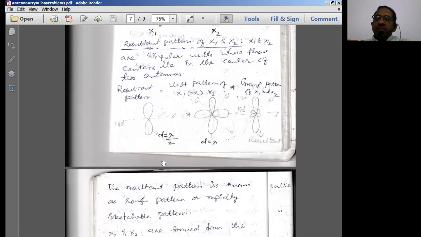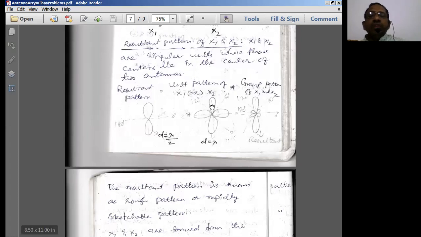If it is a 3 marks question, you need not go for the derivation of these radiation patterns. You have to remember the radiation pattern and simply draw the appropriate thing, right? If it is given for 8 marks or 10 marks, then definitely you have to go for the entire derivation as we did in the previous slides.